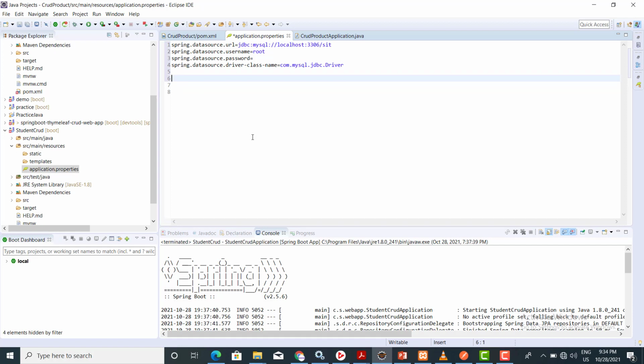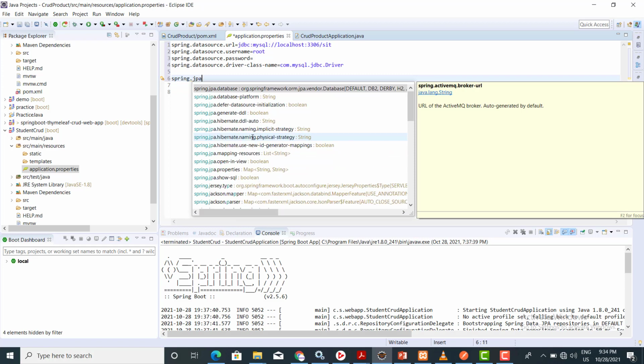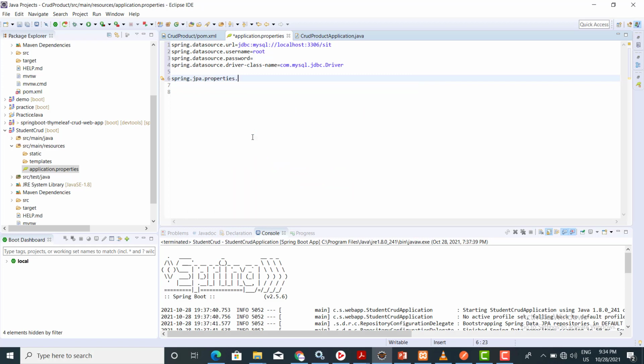Now, as we are using Hibernate as an ORM tool, we want to add some additional properties for the dialect. So I'm adding spring.jpa.properties.hibernate.dialect. Now dialect is nothing but a class, and it is a bridge between Java JDBC types and SQL types.